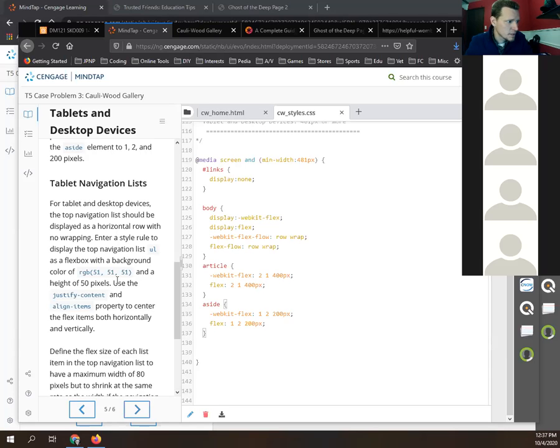Enter a style rule to display the top navigation list, unordered list, as a flex box with a background color of RGB 51, 51, 51, so that's a dark gray, and a height of 50 pixels. Use the justify content and align items property to center the flex items both horizontally and vertically. Okay, so we want the top navigation to be a flex box, and then we want to do something afterwards